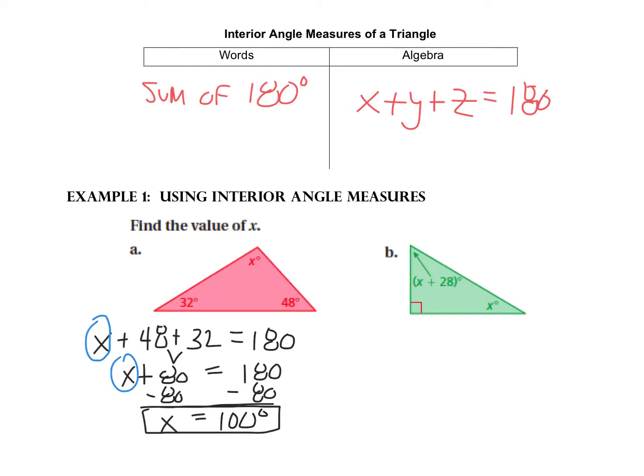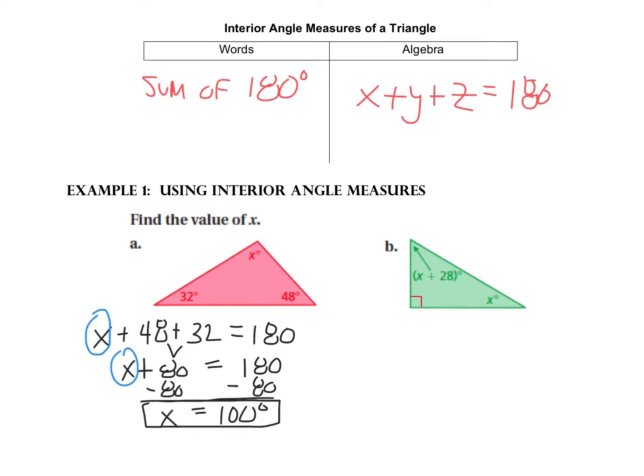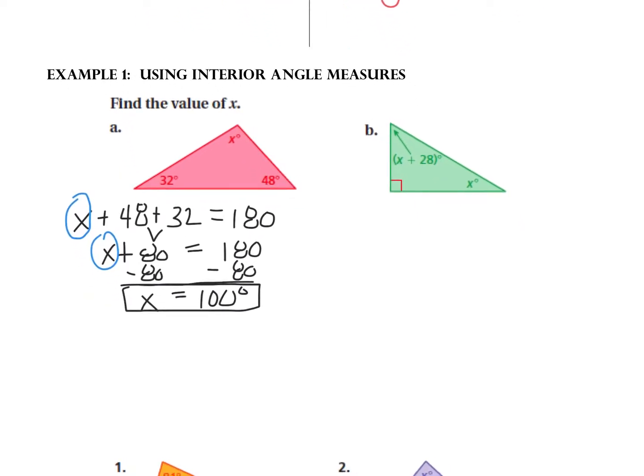Example B is a little bit more tricky, but really not much more. We should be able to handle that. So again, we want to keep reminding ourselves that the angles add up to 180 degrees. I'm going to start with this upper one in the corner again and add around clockwise for my three angles. So if I add the first one, x plus 28, plus x, plus 90, we know that would be a 90-degree angle for that box,